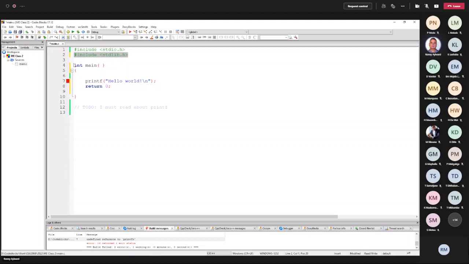Rule of thumb is to only include the libraries which you actually need. Some students prefer to remember a whole lot of includes and then just include them by default. It's not wrong, but it's also not right, especially if you've got an embedded platform and you've got very little place for your program, then you don't want to include libraries which are not absolutely necessary. Okay, any questions?